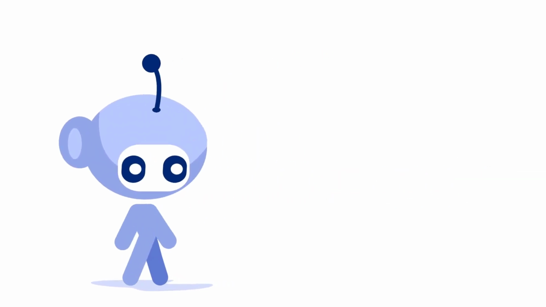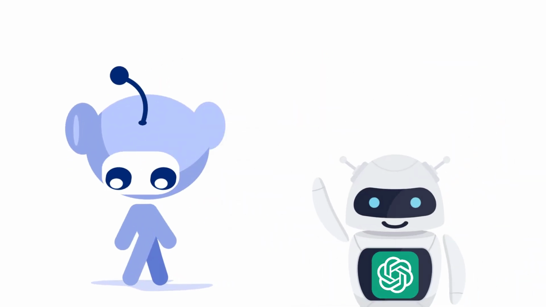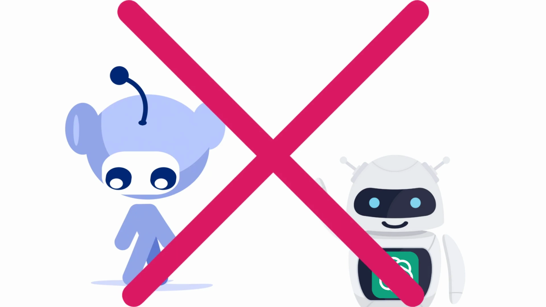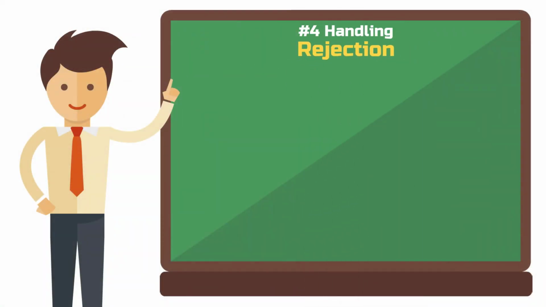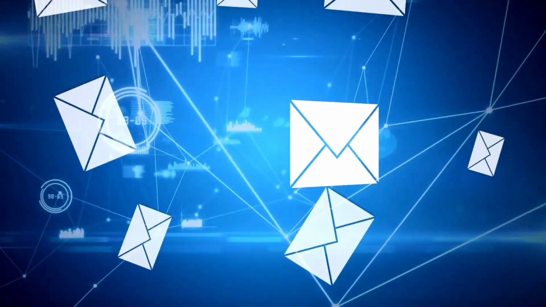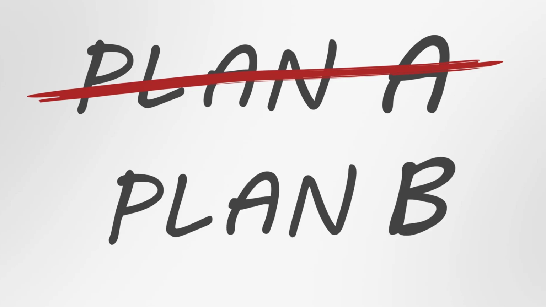Lastly, avoid sending invitations that feel automated or overly generic. Emails that seem AI-generated or copy-pasted can quickly turn off potential interviewees. While you can reuse standard sections about data privacy or anonymity, ensure that the core of your message feels authentic and personal. Recruiting interviewees is rarely a straightforward process, and unexpected challenges are inevitable. That's why it's essential to prepare for setbacks and have a backup plan ready.